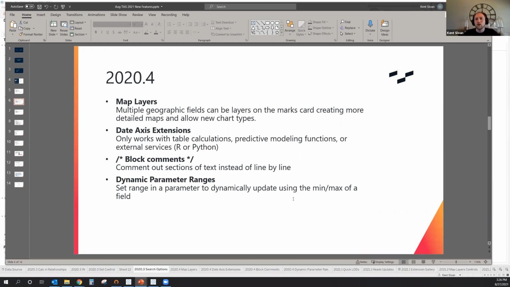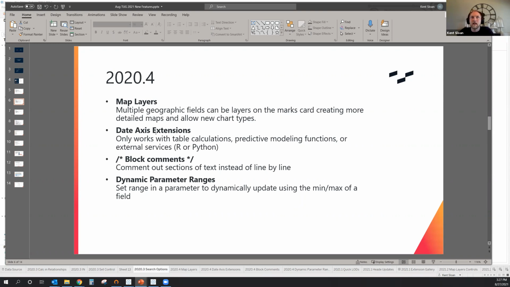So in the past, if you struggled with a map where you needed, say, to show city and state, all right, fine, I can do that with the dual axis, but what if I need another layer? So I want to show region, state, and city breakouts all at the same time in the same map. You were out of luck in the past. So map layers now allows us to just keep adding in additional layers on top of it.